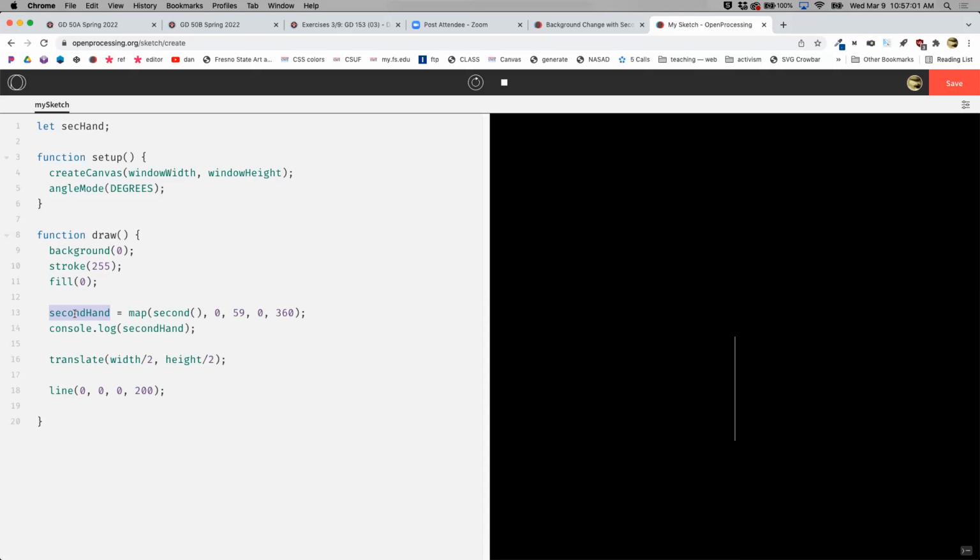The main thing is that it starts at the bottom. You want it to start at the top. Backwards. So if you add 180 right here after the math,